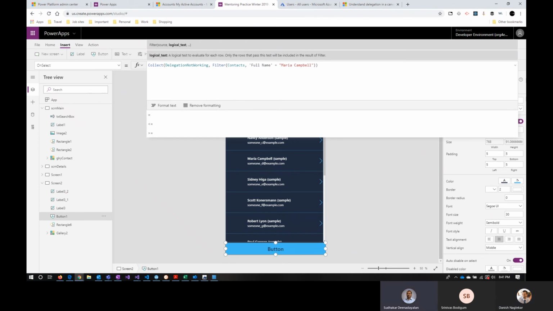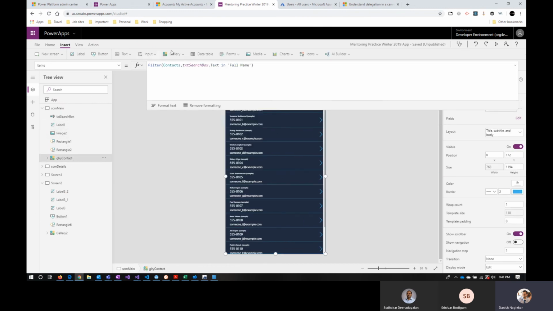Yeah, it's making sense. All making sense. Yeah. So now the most important functions that we normally use in all the apps is one